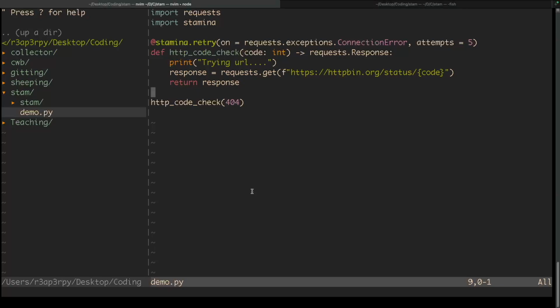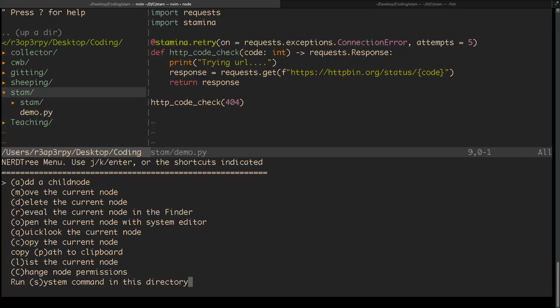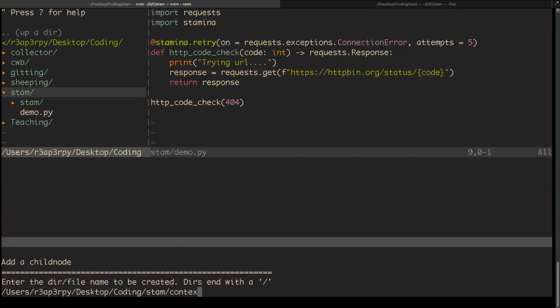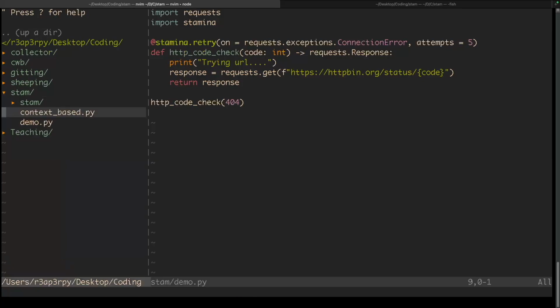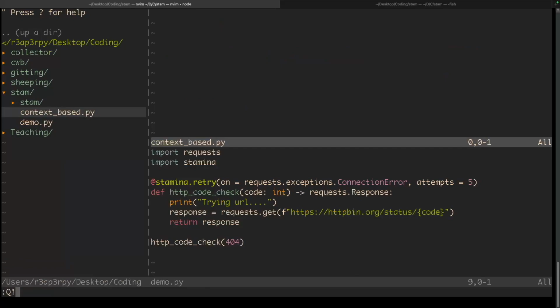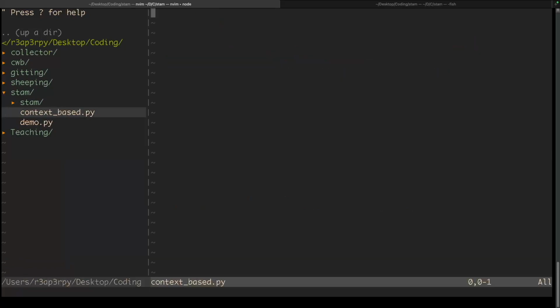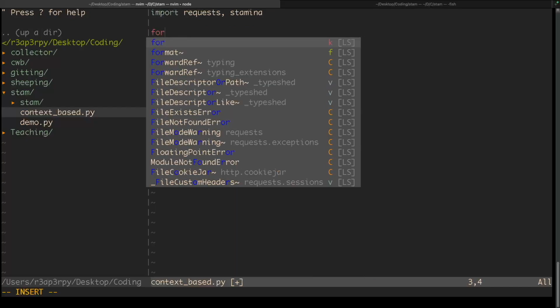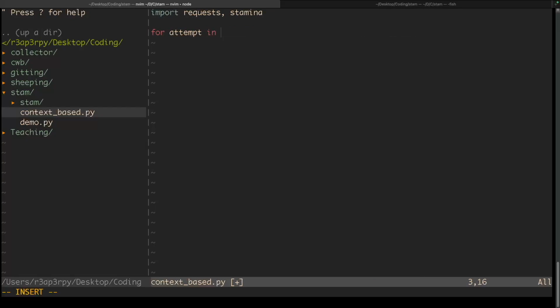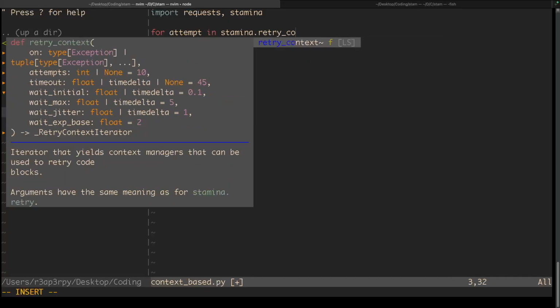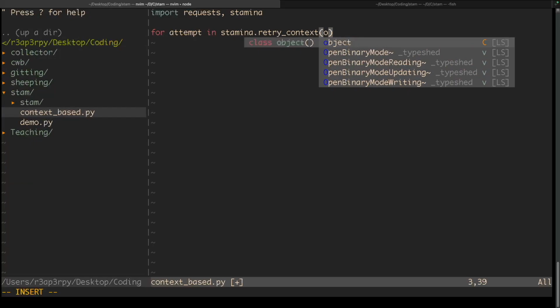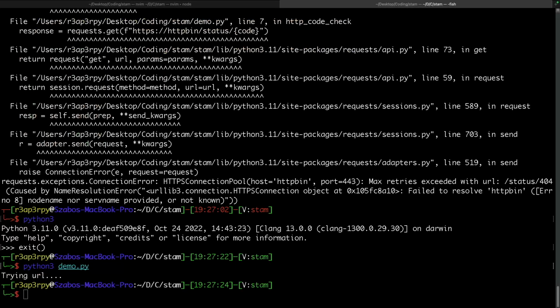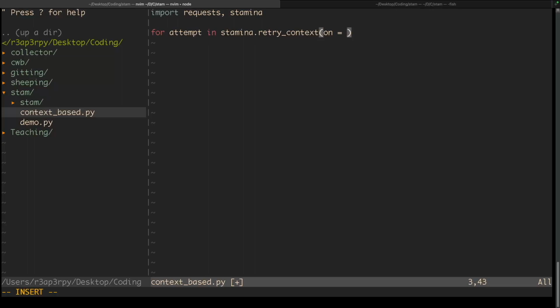You also have the option to use context managers. So let's give it a context-based.py script, and just quit this one, and bring it to the front. So for example, if we import requests and stamina and say that for attempt in stamina.retry_context, and here we would need the exception, so connection error, Control V,